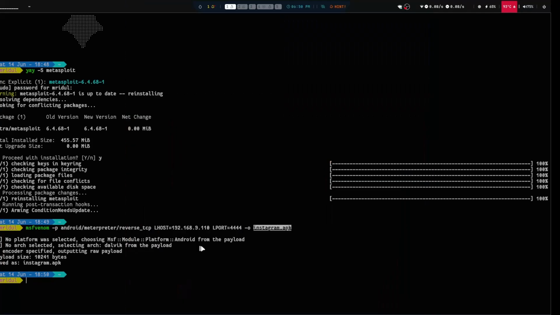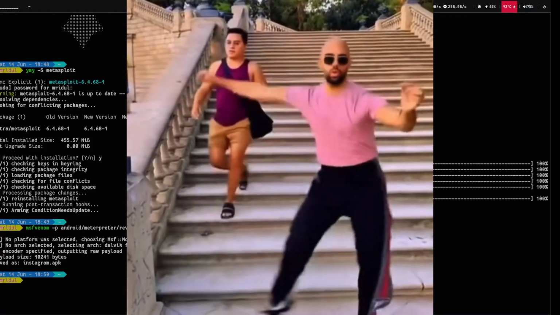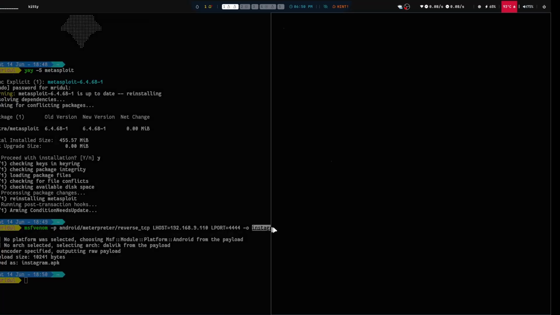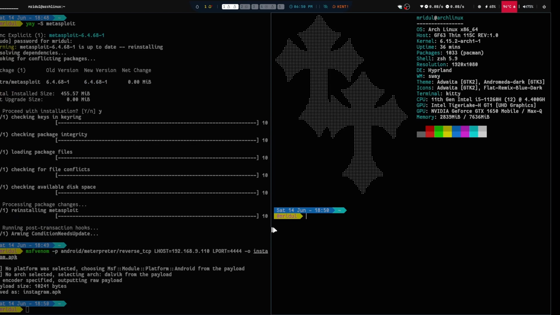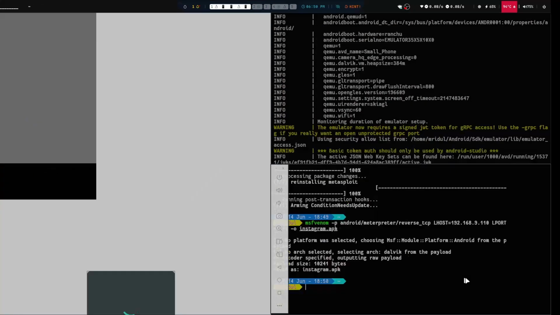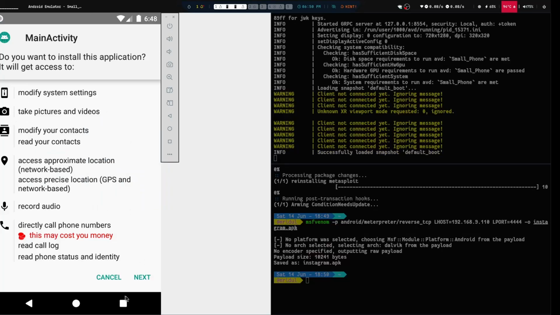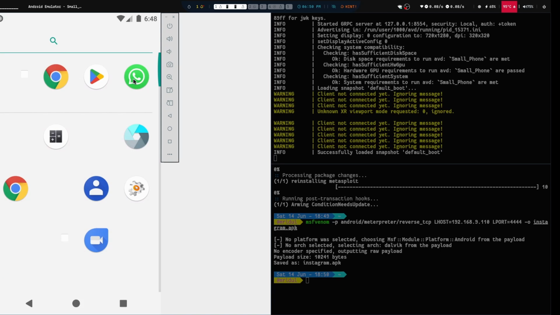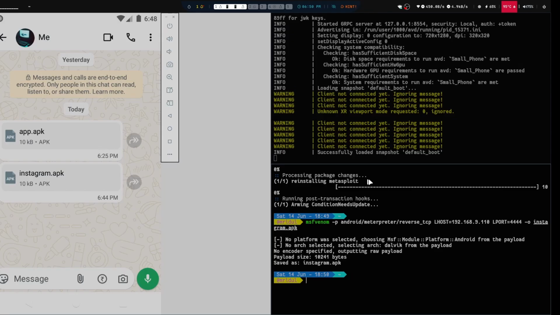Okay. So after this, we are gonna share this APK to our friend. And I don't have friends, so I'm gonna share it to myself. So I will use a virtual device. I'm gonna share it to myself on WhatsApp. So I will send it. Yep, I have sent it to myself.